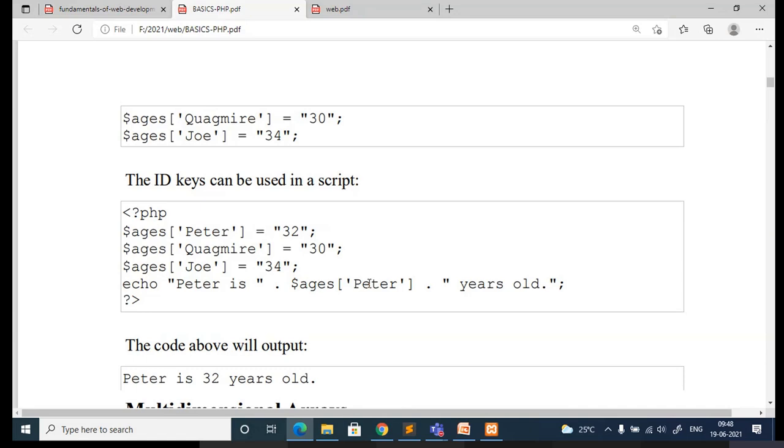You can observe how to access this value. If it is student and grade, if I specify the student name here, I should automatically be able to access the grade assigned to the student.